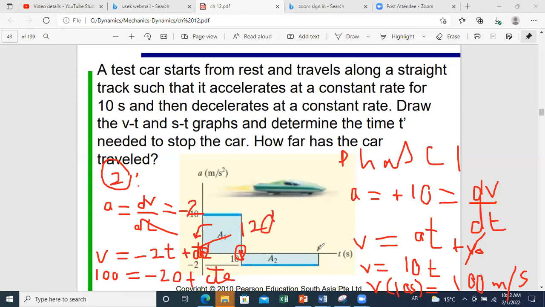I can solve for t prime. How can I solve for t prime? What should I do then? v equal to 0. Exactly. I say that minus 2t prime plus 120 equals 0. So I get t prime